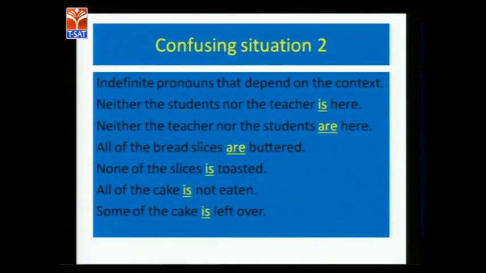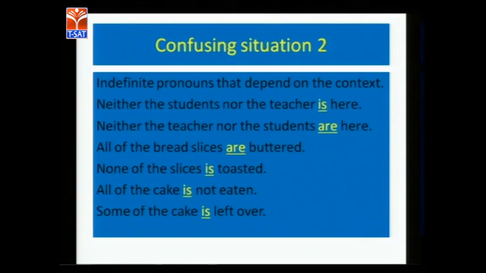Now, there is also a lot of confusion because of countable and uncountable nouns. For uncountable nouns, what is the verb that we have to use? Most of them are used in the context of a singular noun. For instance, take bread. Bread is an uncountable noun. So when you use the word bread by itself in a sentence, you automatically apply the singular verb. But if you are using, let's say, slices of bread,